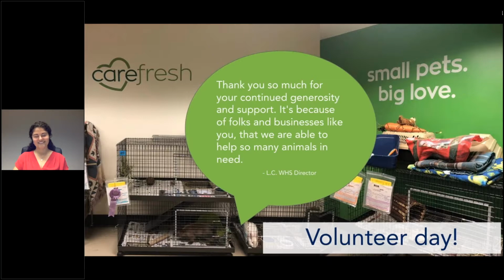As one of the new objectives for community, we also instituted a volunteer day, where any of us could take a day and volunteer wherever we wanted to. So the marketing team decided to do a makeover of our local Humane Society's small animal room. And where we went in, we